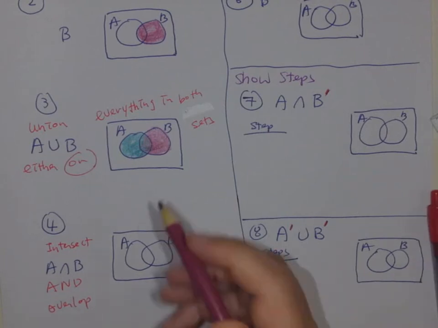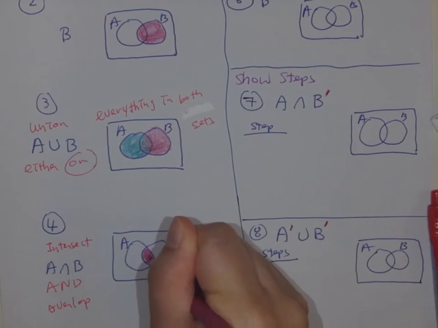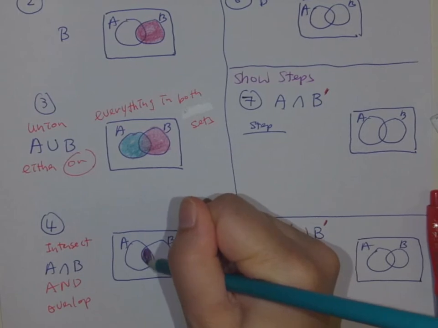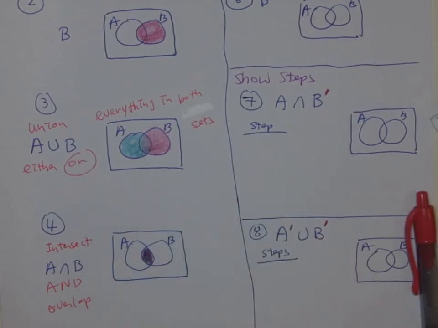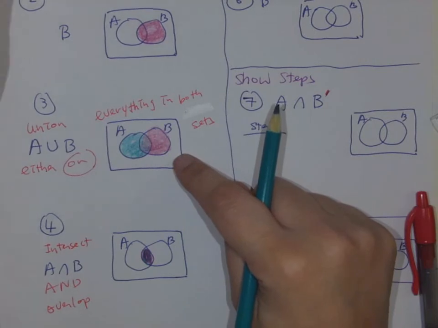So the two circles overlapping would be this part, right? This is the part we just colored in both of them, and it was double shaded like this, right? So that would be the answer for A intersect B. This is A union B. Are we okay? So next,